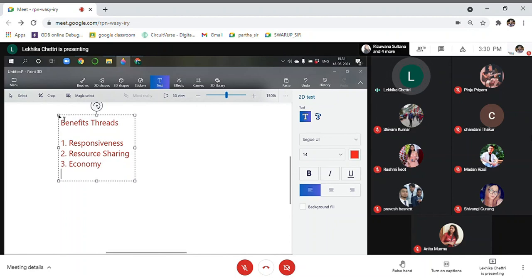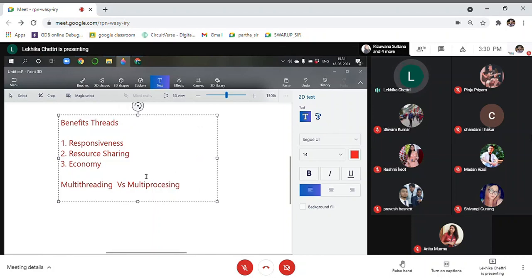So I've already taught you what is a thread, what is multithreading, and I've also taught you multi-processing. I've also given you the difference with the help of a diagram. So you can prepare notes on multi-threading and multi-processing by yourself, because this difference between multi-threading versus multi-processing is asked,